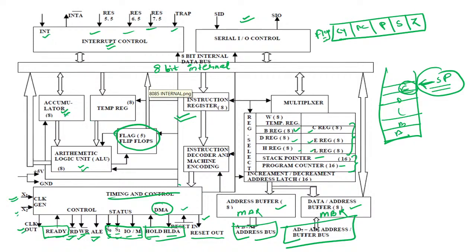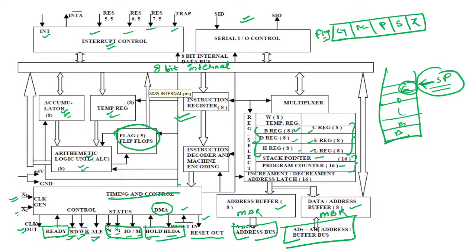Okay, in this we have the accumulator, temporary register, ALU. Then we have some six 8-bit registers. These are really important registers. We have B, C, D, E, H, L, right? And they can be used by combining them. Okay, we can use BC as one register by combining these two registers. That means we can perform operations on a register pair also.